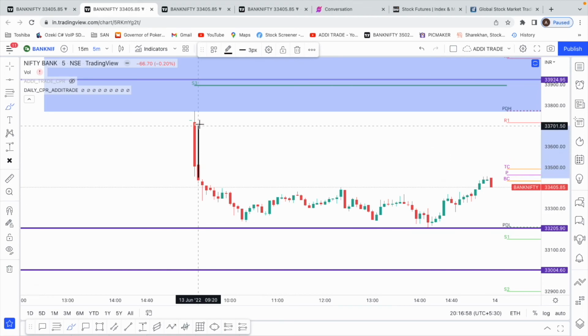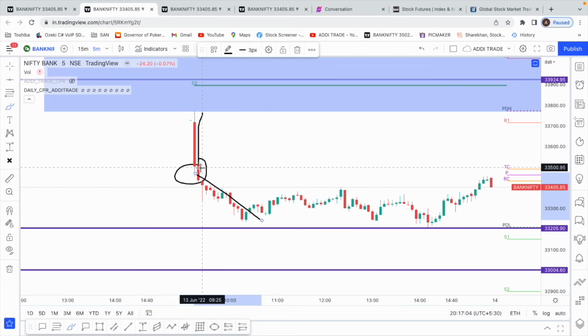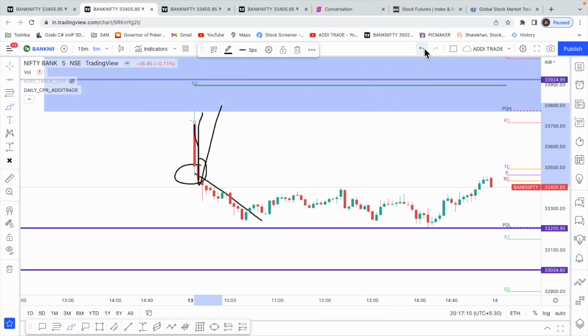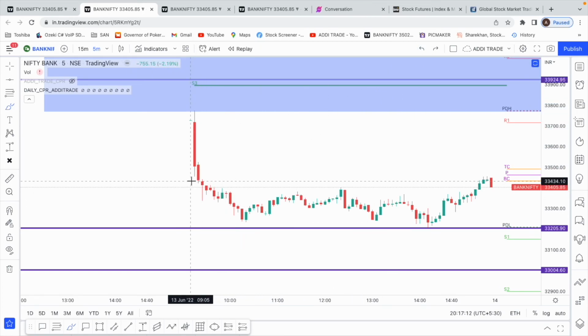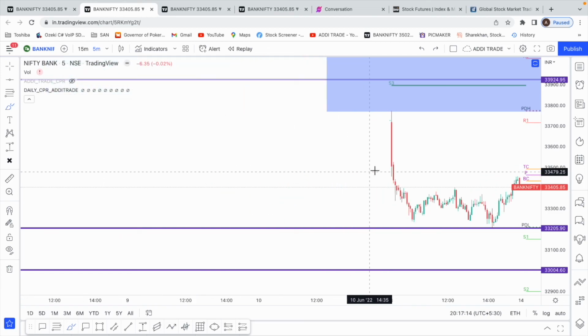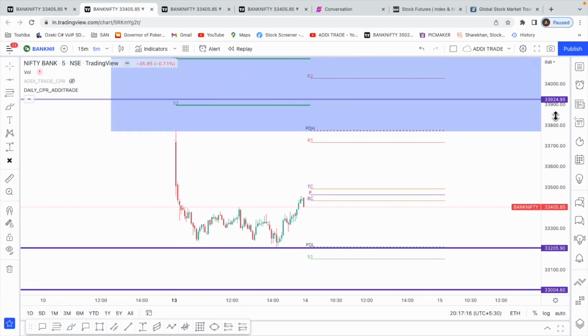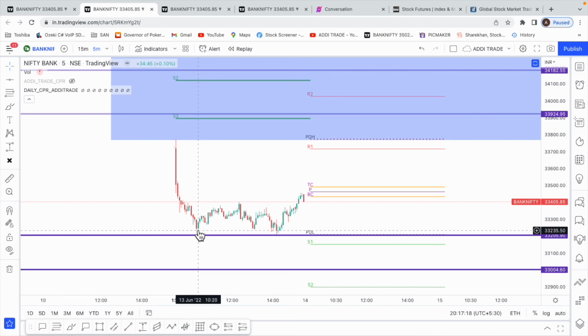So people who have entered here, today it fell, but most of the times when we start falling, immediately there'll be a pullback. So there'll be a huge loss in your PNL if you had bought right at this bottom over here. So that's the reason it'll be a little difficult for option buying. The best thing to do is just wait for a nice pullback or a nice bearish pattern or a structure to form and then enter.